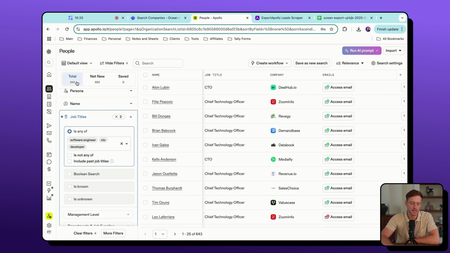We have 643 leads. The next thing we want to do is export these leads. So we've got our list of leads in a CSV file, and then once they're in a CSV file, we can do whatever we want with them. We can add them straight into our sequencer. We could add them to Clay first for some additional enrichment. But the important thing is we get them from Apollo into a CSV file and turn them into an actionable format. So for that, we're going to switch over to